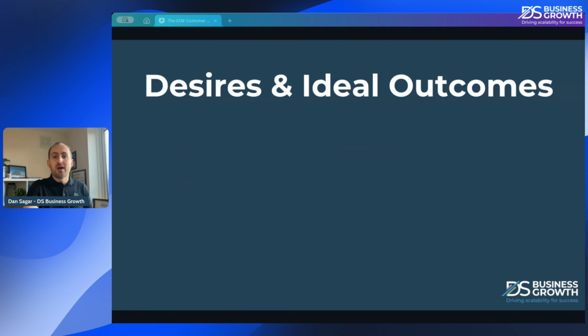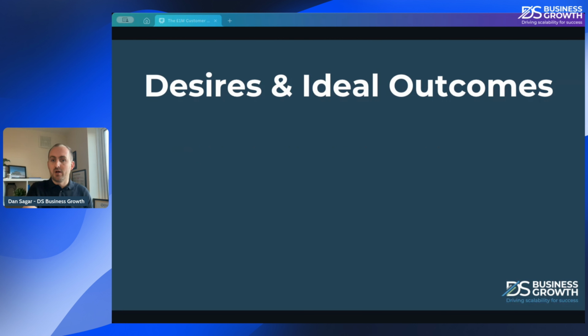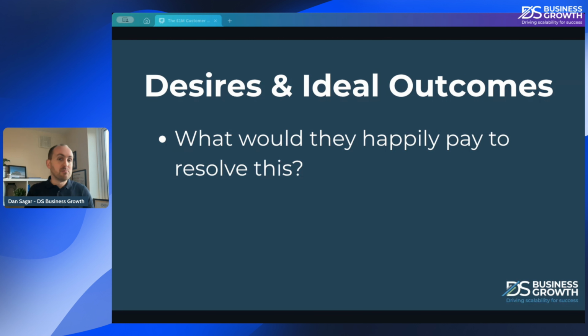Okay. And as you get into that next step of thinking, have a think, what are they really, really looking for? What are they wanting to get out, and what are they wanting to solve and fix? Okay, and then we're going to start to think about how you can help them, but this will get the cogs turning, so to speak. And once you've got that imagined and you thought about that perfect situation and what the client would get out of it and what they are really looking for, you can then start to think, what would they happily pay to resolve this?